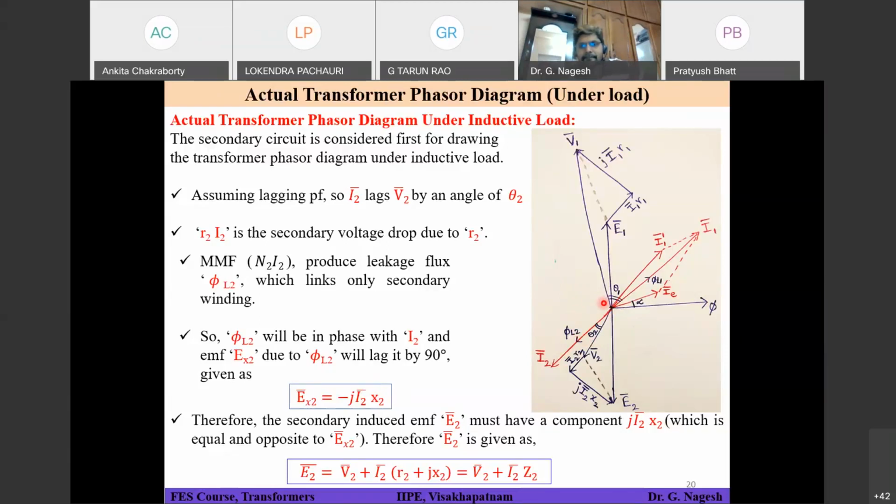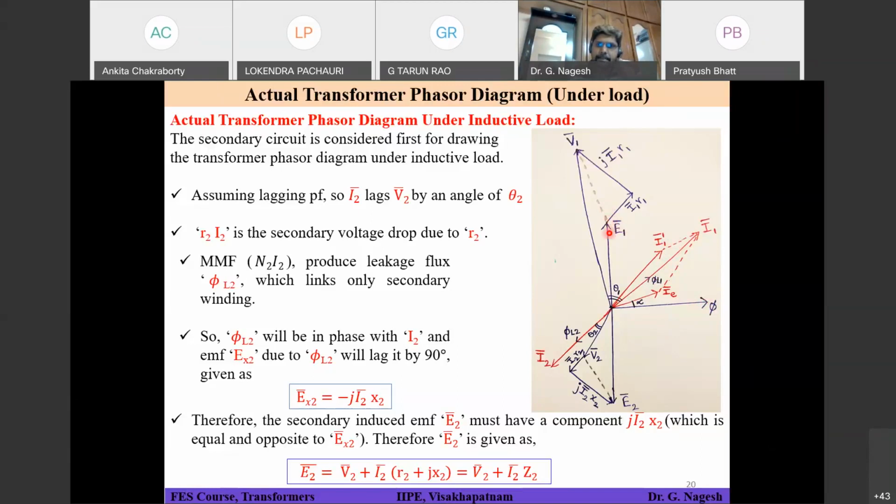Yes, sir. You are able to understand now, because if I have given a phasor phi here, and I want to represent E2 in terms of phi, some constant will be there relating phi to E2. But for the projection of the phasor, you should add J. So J represents rotation of the phasor in the anti-clockwise direction by 90 degrees.